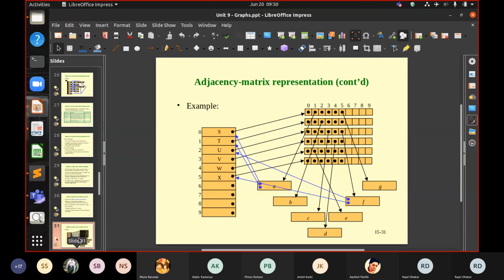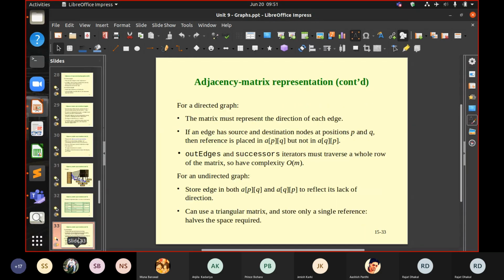So adjacency matrix. Now, if for a directed graph, adjacency matrix has source and destination nodes at position P and Q, then the reference is placed in A PQ but not in A QP.